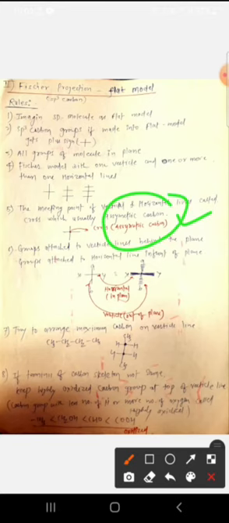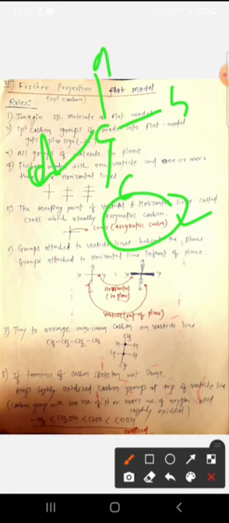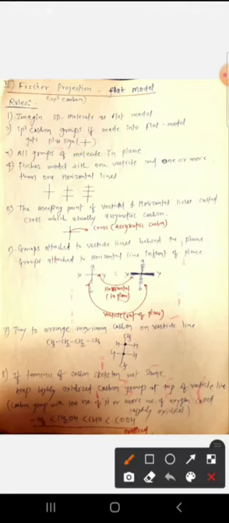So what is asymmetric carbon? Asymmetric carbon is a carbon which has four different groups attached. Not the same group, four different groups. Carbon having A, B, C, D, four different groups, that carbon is called an asymmetric carbon. So when the horizontal line and vertical line meet at this point, that carbon is usually an asymmetric carbon. Not always, but usually.